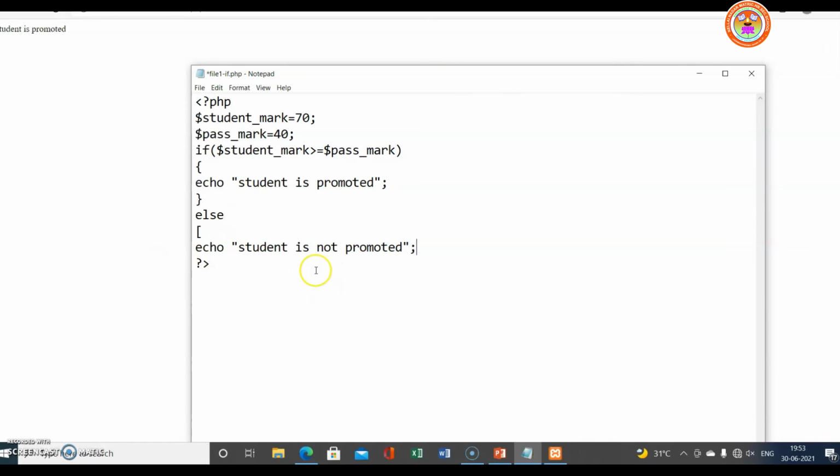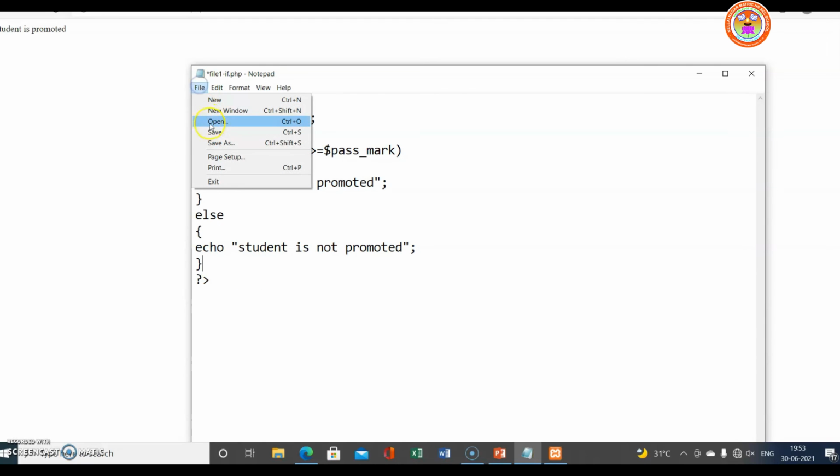Why? All the statements should be terminated with the semicolon symbol. Okay. Now you have to save the file.